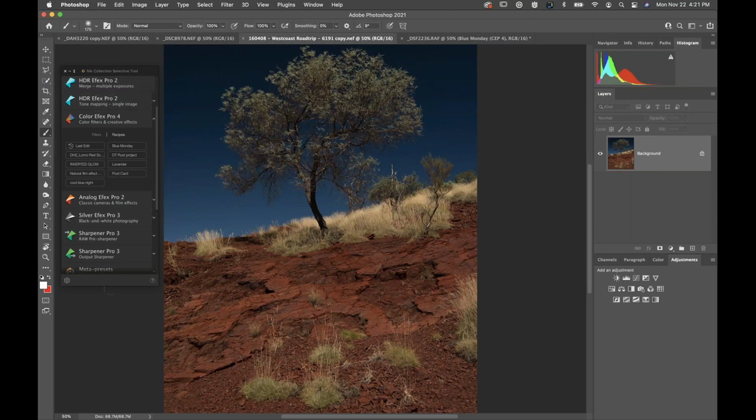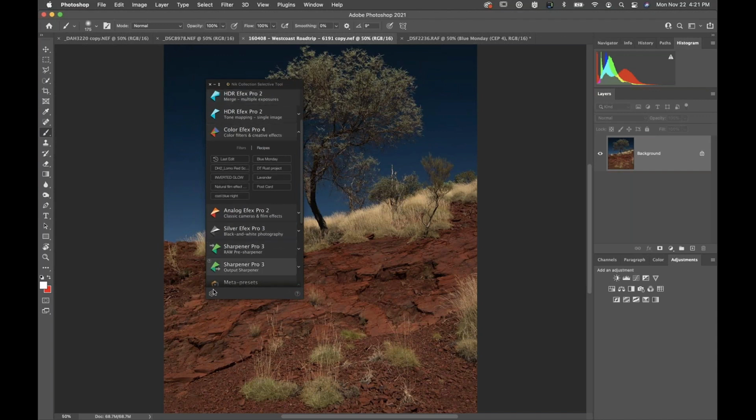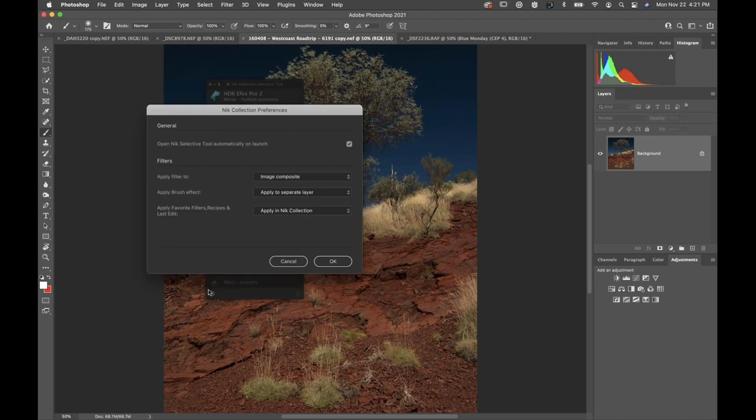But yeah, I'm going to just sort of open these up hopefully for you. So we're back in the Nik Selective Tool here. And in the lower left corner of the Nik Selective Tool are the preferences. When I click on that little gear in that lower left corner, my Nik Collection preferences open, and we get